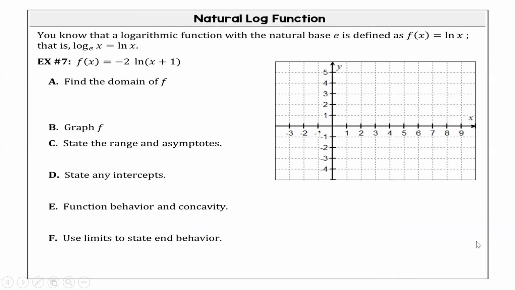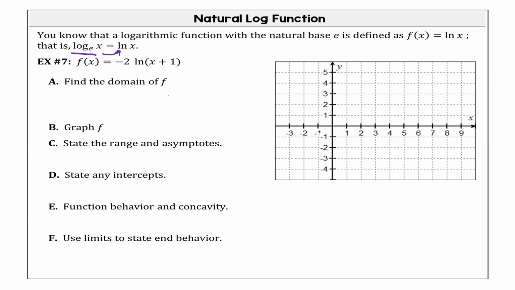All right. So here we have natural log. Natural log, remember, is simply log base e of x. So instead of writing log base e, it was transformed into ln of x, natural log of x. That's all natural log is, log base e of x. So when we have here f of x equals -2 natural log of x plus 1, it says find the